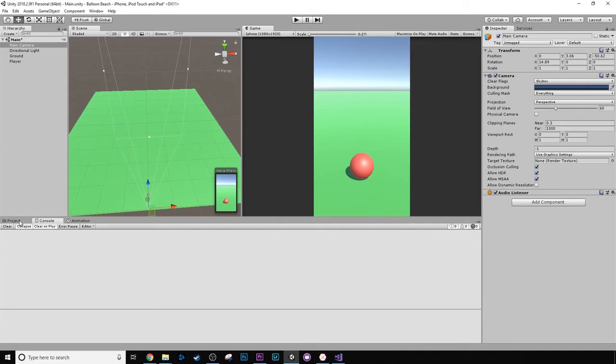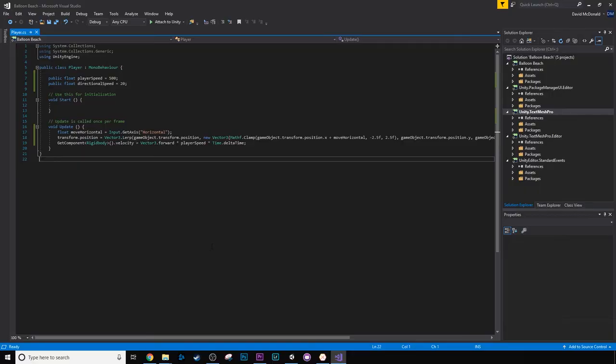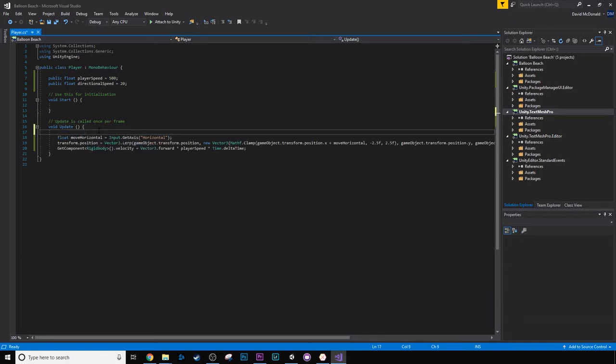Okay, so to get mobile controls working, it's actually pretty easy. So we're going to open up our player script once again. And what we're going to do is create an if statement just in the update here. The reason we're doing this is because when we're playing the game on our mobile, we don't actually need these two lines of code here. So we're just going to write